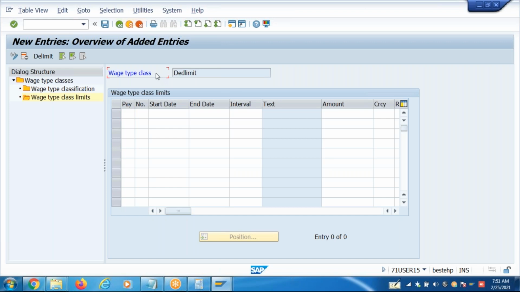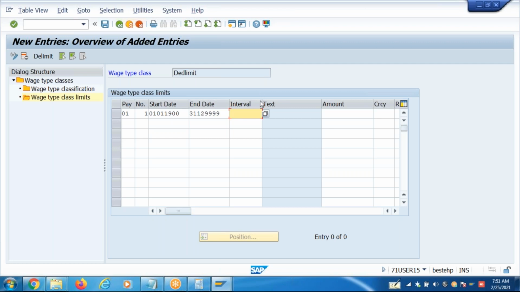Okay, I'm applying the limits here based on the modifiers. How many modifiers have we defined? Anyone? 2 modifiers. So 01 is a modifier which represents permanent employees.